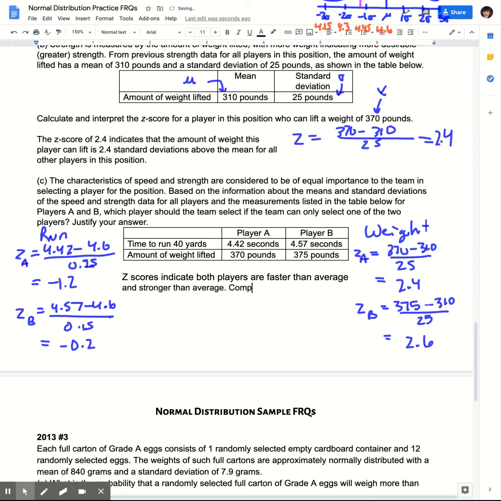Comparatively, player A is a faster runner. Right. Player A is a faster runner, and player B can lift more weight. Right. But you want to say then that player A,